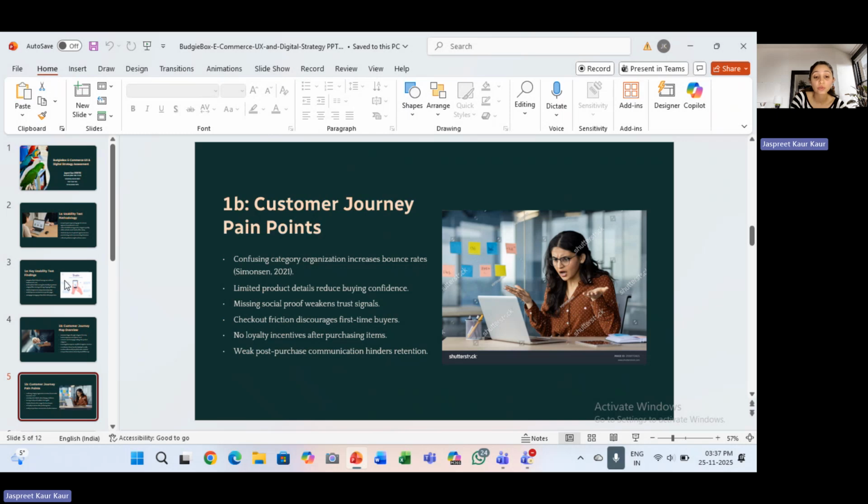Friction at checkout includes additional steps and fields, and customers receive virtually no follow-up communication after they make a purchase, so Budgiebox is losing out on retention and loyalty building. These revelations are directly linked to the conversion strategies I'll talk about later.